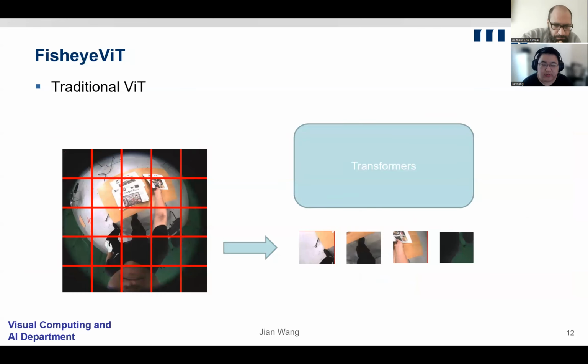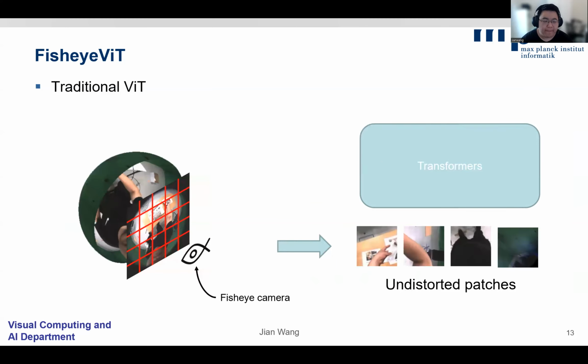Okay. So the first step is the fisheye ViT. In the traditional ViT, we first crop the images into several parts, embed them, and send them to the transformers. But obviously, in the different patches, the distortion is quite different. In the patches close to the edge of the image, the distortion is serious, but in the center, the distortion is better. So what we do is we first project the images